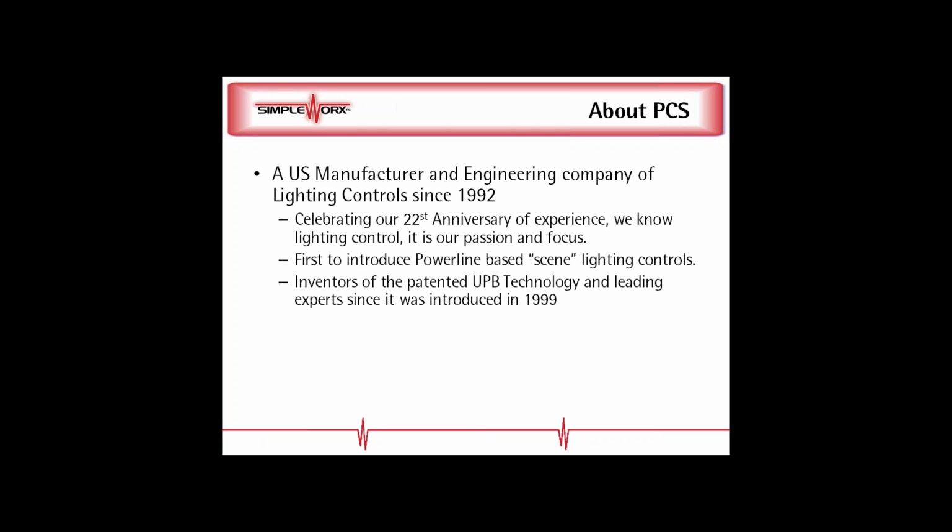meaning that you hit one button and different things start to dim down all at once, instead of in a popcorn fashion. We invented the UPB technology, which is used in our PulseWorx product line, back in '99, and just recently have introduced the SimpleWorx